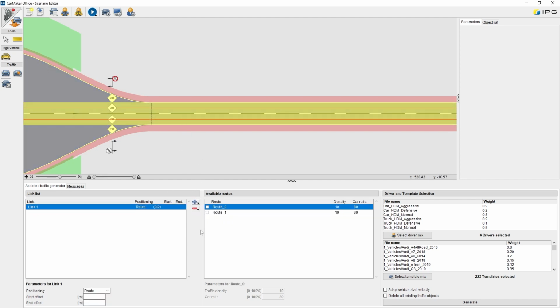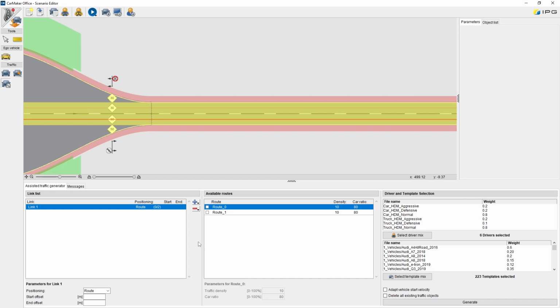With positioning, you can decide whether the traffic objects generated on a selected link move on a route path or on defined lanes. With start offset and end offset, you can adjust the offset of the traffic objects. In the tab Available Routes, Starting Lanes, you can show all given routes and lanes. They are placed already in a scenario.